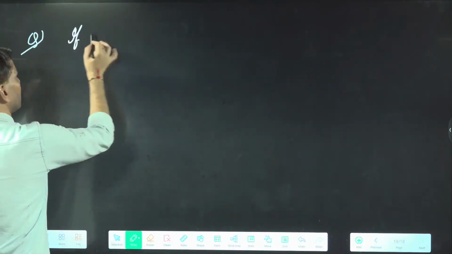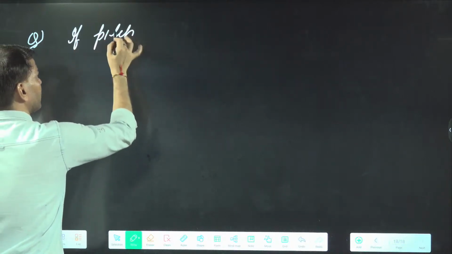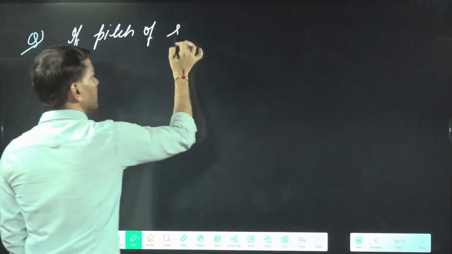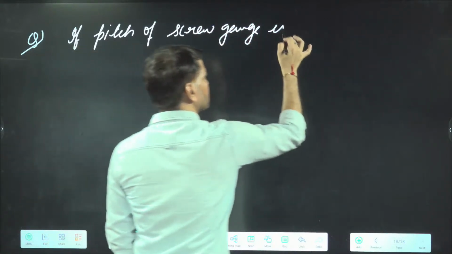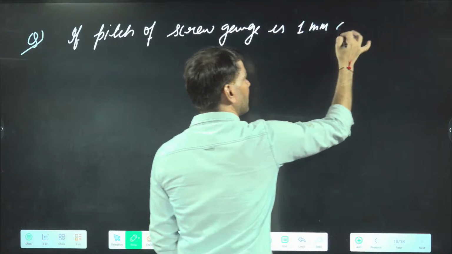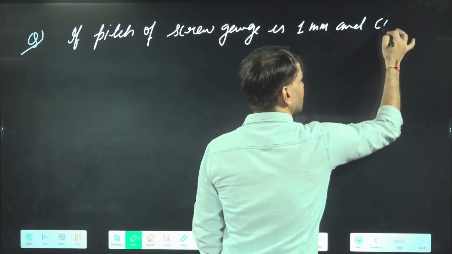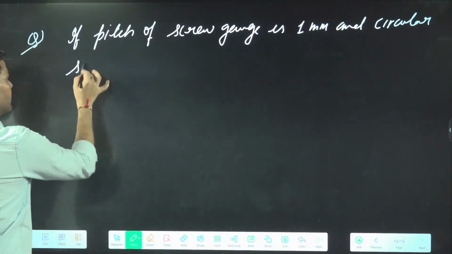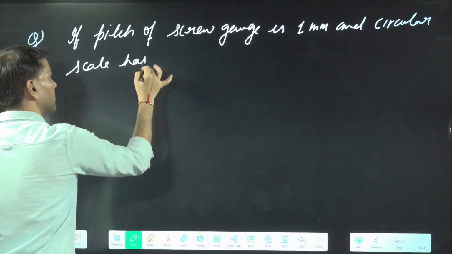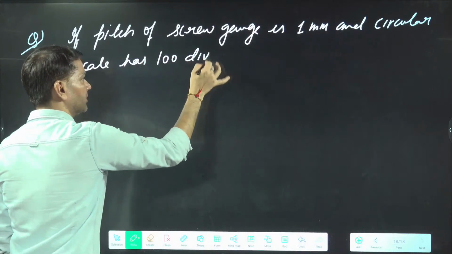So if the pitch of the screw gauge is 1 millimeter and the circular scale has 100 divisions. Okay,